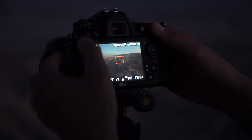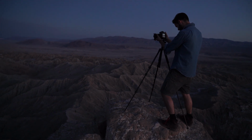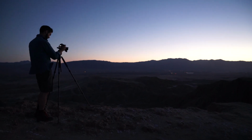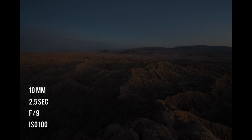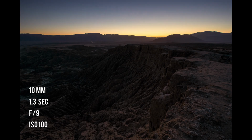So what I'm doing here is I'm underexposing by about 2.5 stops, really just to make sure I have that color in the sky. I just want to make sure I don't lose that. Exposing for the highlights to preserve the colors in the sky, I'll pull up the shadows considerably in post-processing. Despite the extreme shadow push, noise levels in these areas remain impressively low, and it's easily cleaned up with some